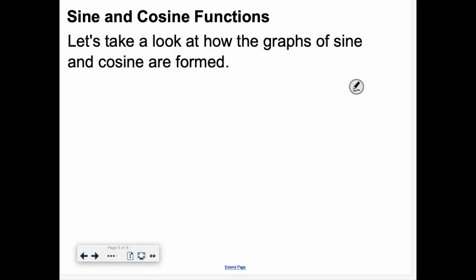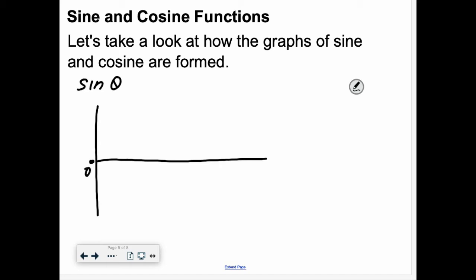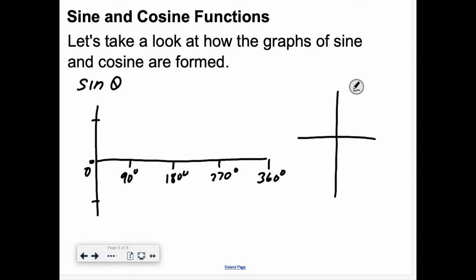So we're going to use that to help us find the graph of sine of theta and the graph of cosine of theta. And we're going to use some critical points here. We're going to start at 0 degrees. We're going to go to 90 degrees, 180 degrees, 270 degrees, and 360 degrees. And we're going to call this our max and that our min. So we know that if we're looking at this graph,